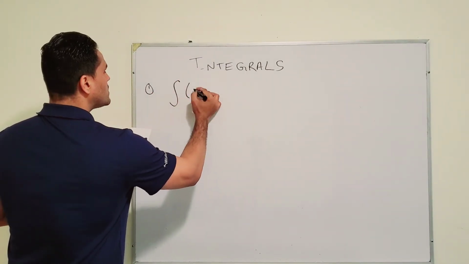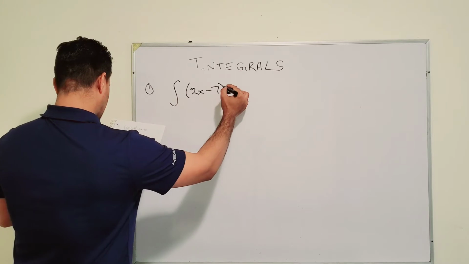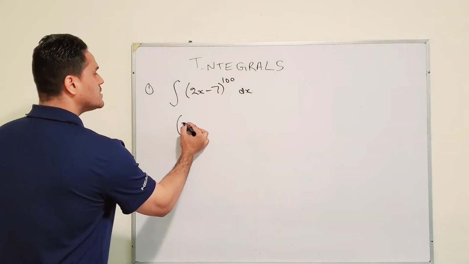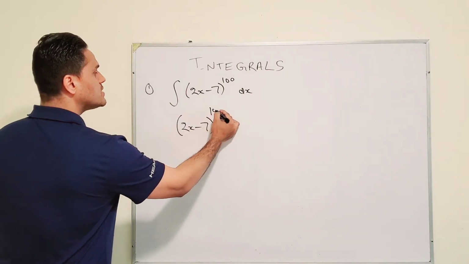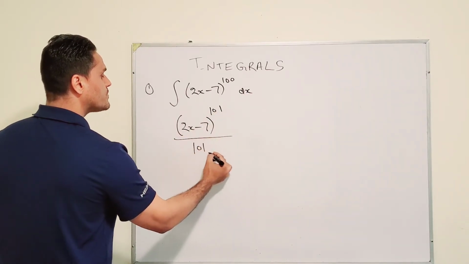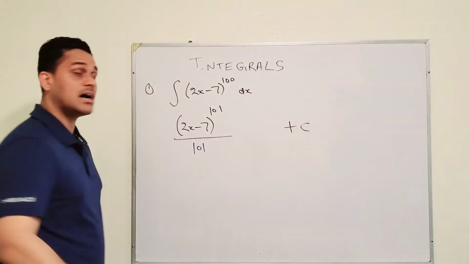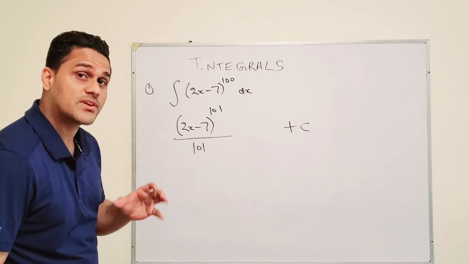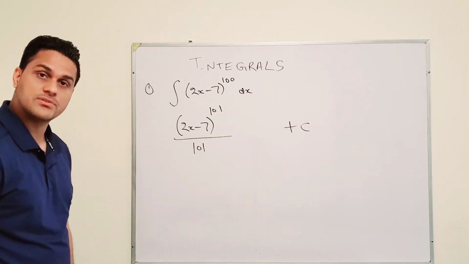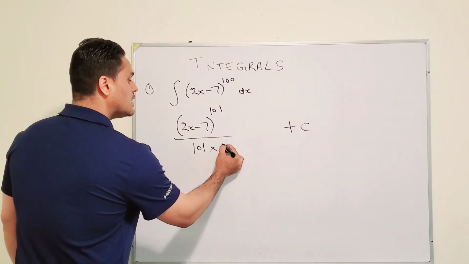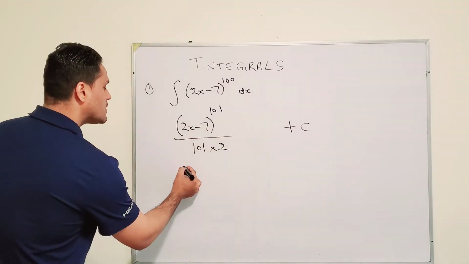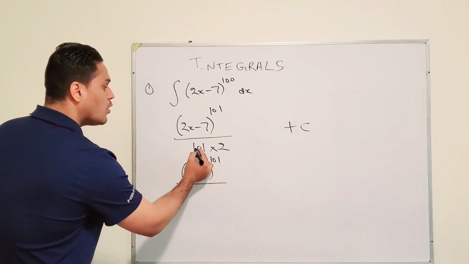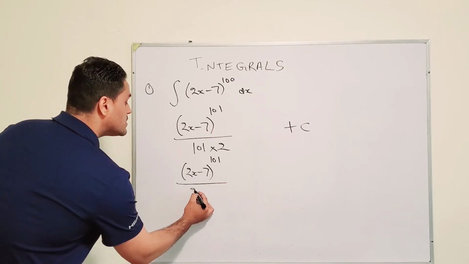Next up, we're trying to take the integral of 2x minus 7 raised to the power 100. So we're going to take our main term, add 1 to its exponent, divide by that, add that plus c. Now ask yourself, what's the derivative of the inside term going to be? The derivative of the inside term is going to be 2. Well, we don't have that 2 at the top, so we need to counter it by putting another 2 at the bottom. So this is just going to be 2x minus 7 raised to the power 101 over 101 times 2, which gives me 202